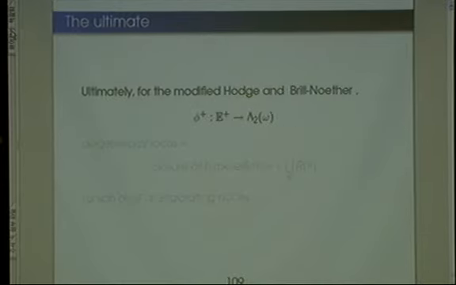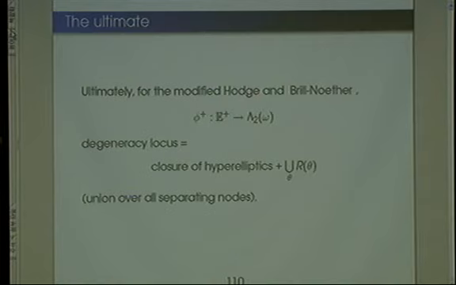And then ultimately you get a modified Hodge bundle and, well, hopefully. To some extent this is work in progress. So when you do this modification for all the binodes and all these polyseparators, you get this new bundle and the map, this polynomial map, and the degeneracy locus consists of the right stuff, the closure of the Wronskian locus plus this relatively innocuous part, the sum of the r thetas coming from the separating nodes, and then this can be analyzed and you can compute the fundamental